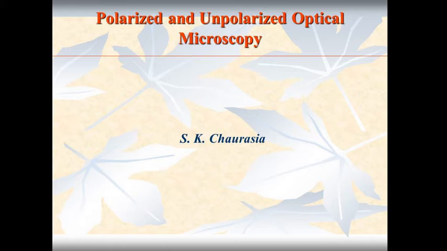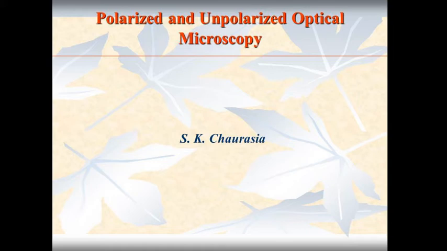A simple example of an optical microscope is a magnifying glass, from which we can obtain an enlarged image of an object. It generally consists of a convex lens. If we put an object between the lens and its focal point, then we can obtain an enlarged image of that object on the same side of the object.